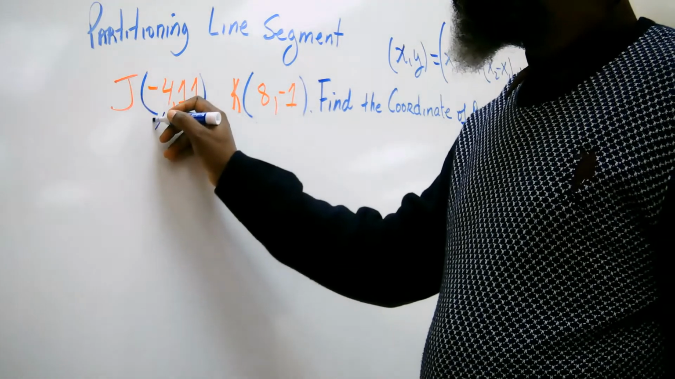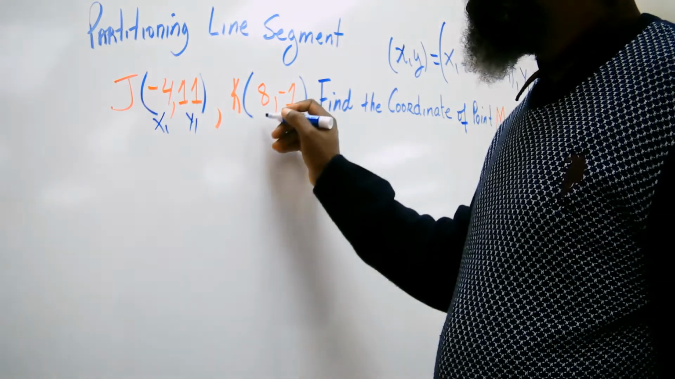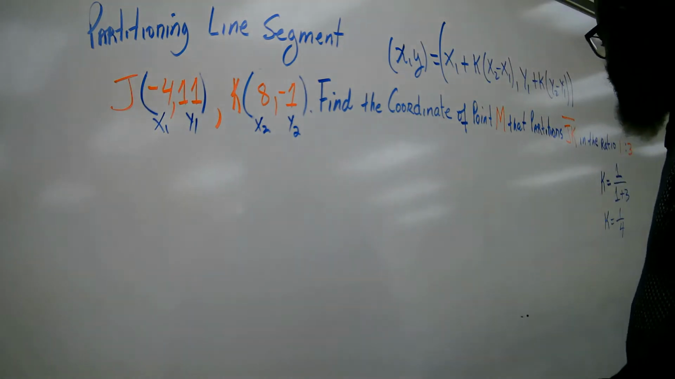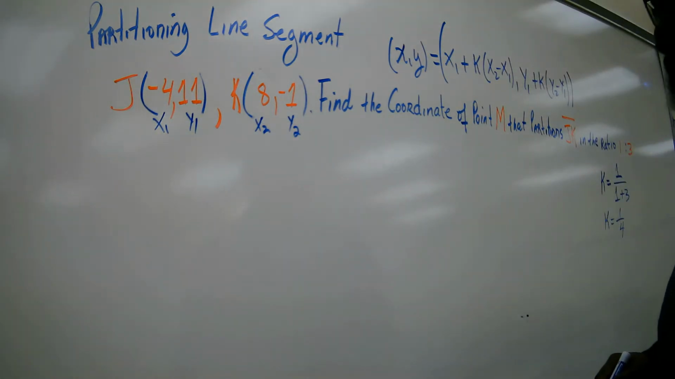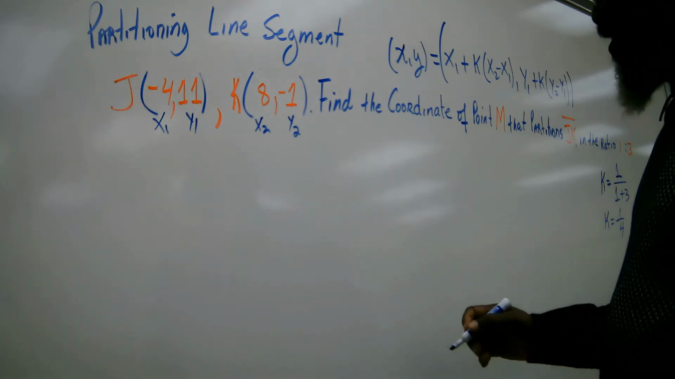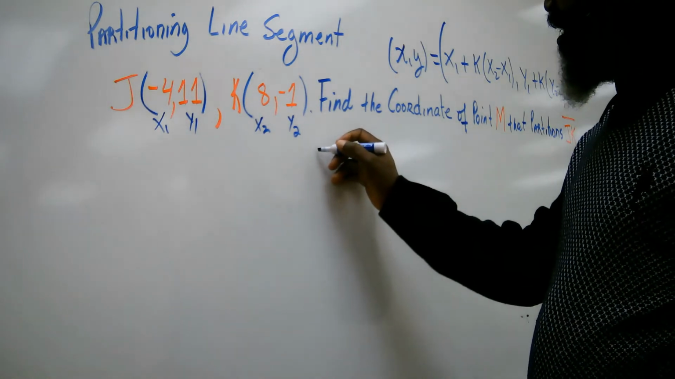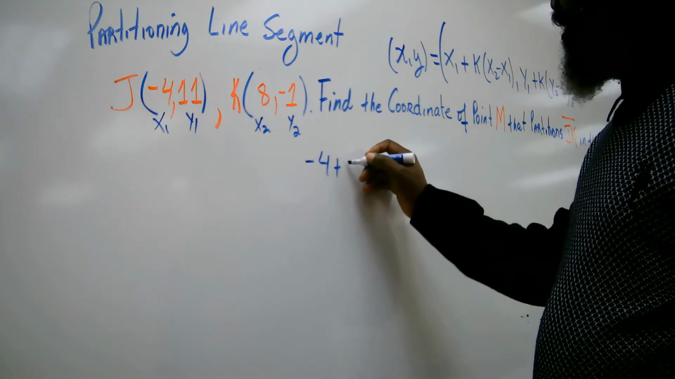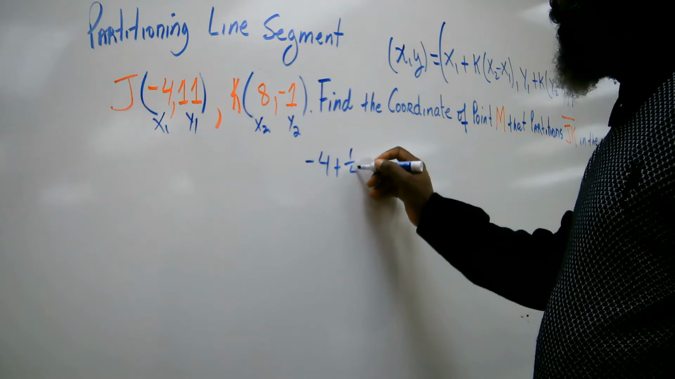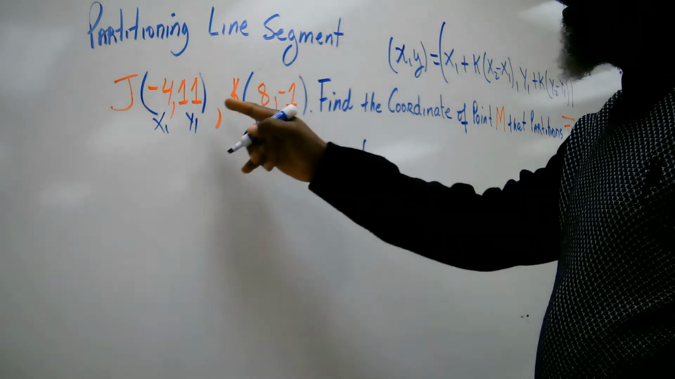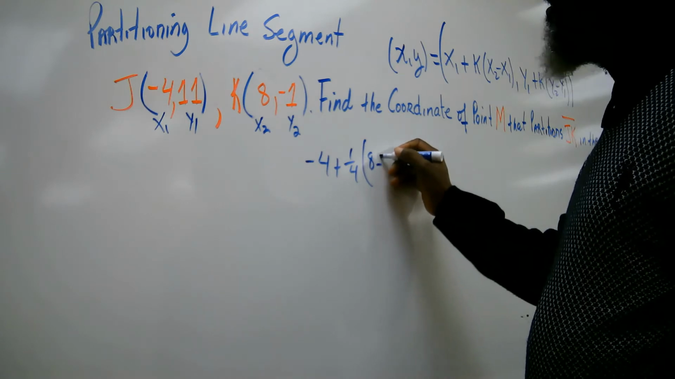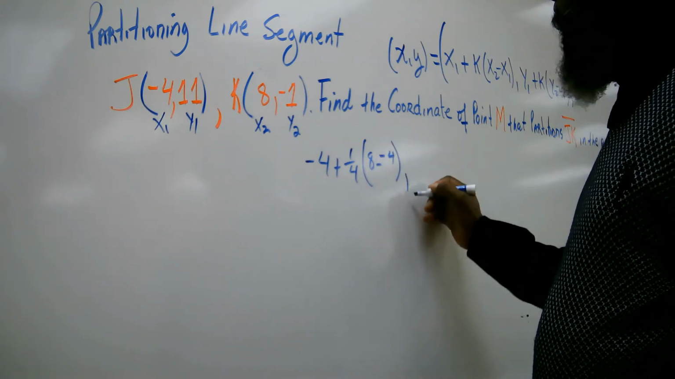So this is x1, this is y1, x2, y2. In this case, we can find where K is located. In order to do that, we're going to use the formula: x1, in this case, is -4, plus K. K is 1/4 times the difference of the x coordinates, that will be 8 minus 4, comma,